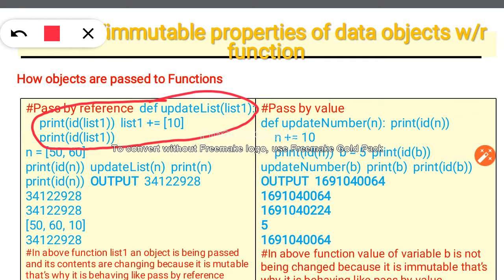What has happened over here? From the main function, from here, n is equal to 50, 60. This is a list or a tuple. So this one has been called, print id n. So id n has been called from here, right?